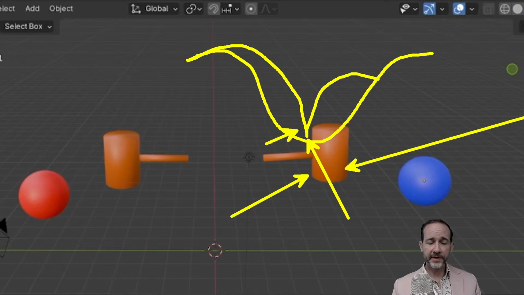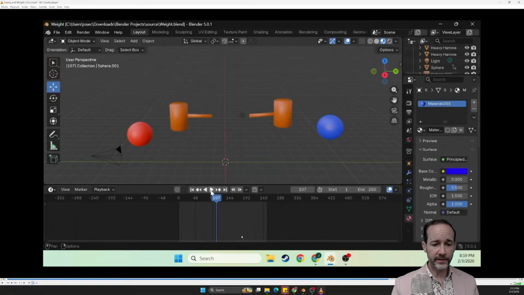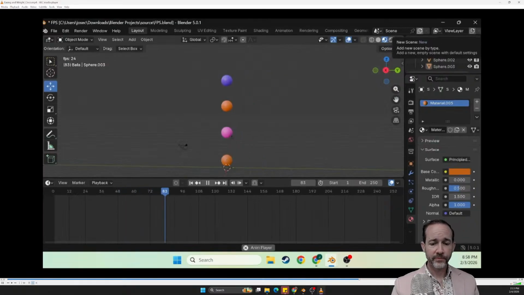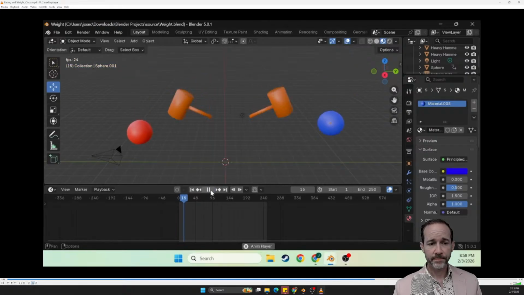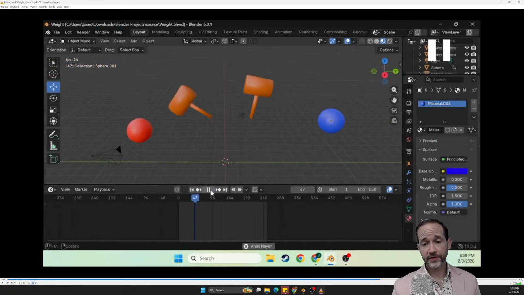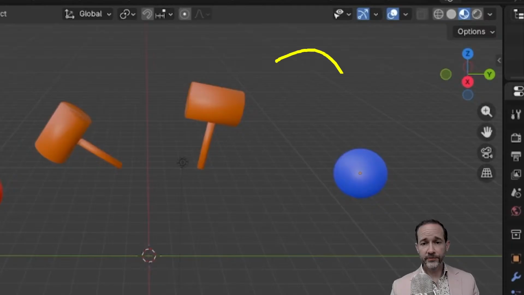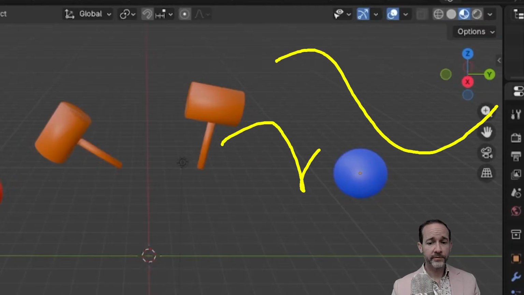So we have this accelerating the whole way until we hit the ground there. And yeah, not only is it slow, but the shape of the curve is not quite right for the weight. Same with the spheres. They're doing this, and they need to be doing this.